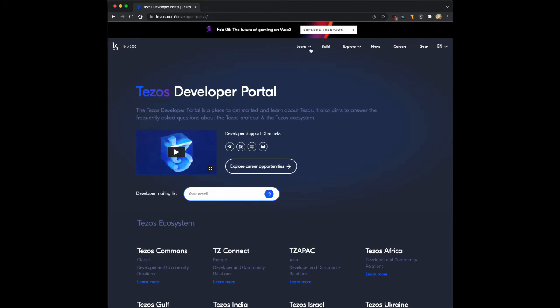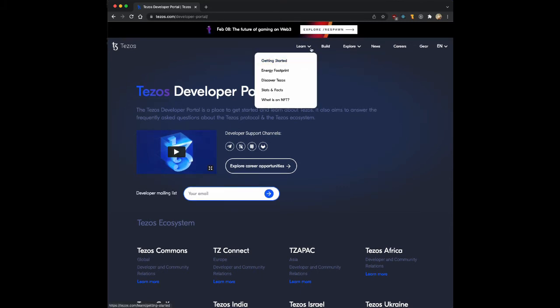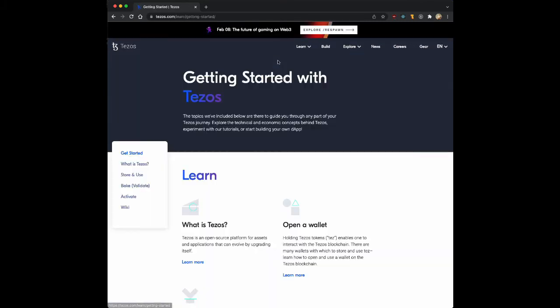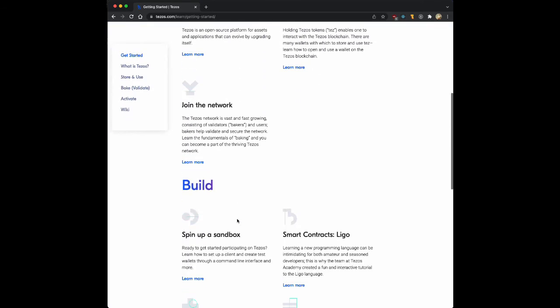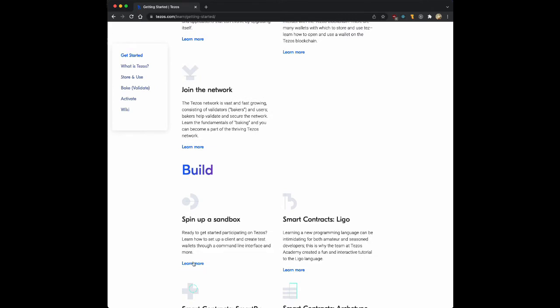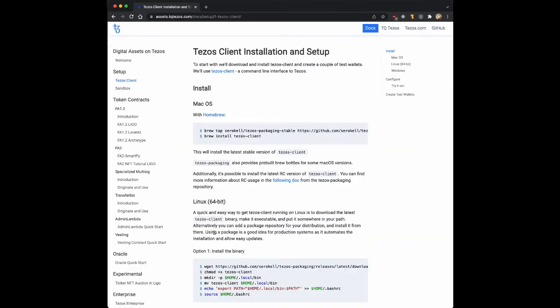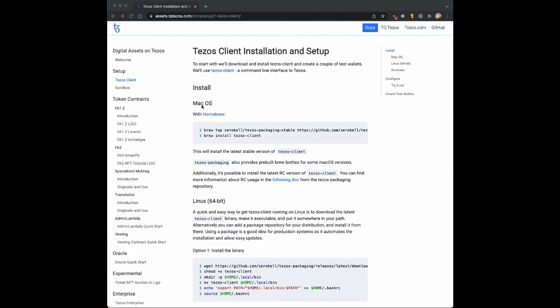But the thing that we're interested in is this Learn tab here. There's a Getting Started button, and there's a link to this Spin Up a Sandbox link. This is pretty much everything that we need to get the development server set up. Before you can use the Sandbox, these docs are saying that you need to get a